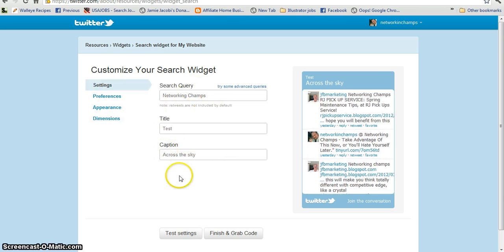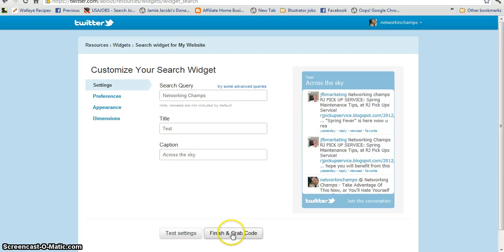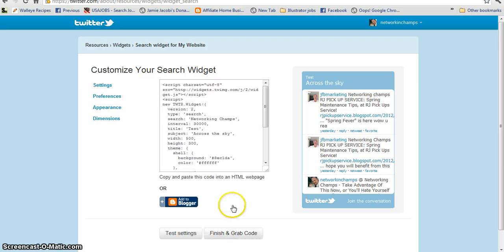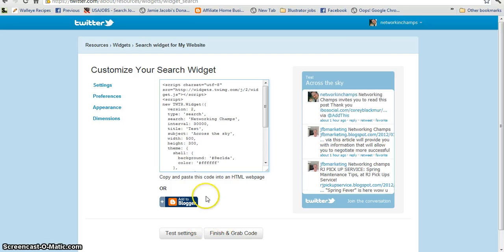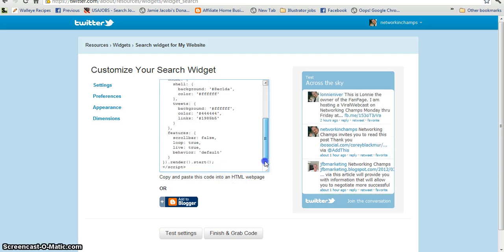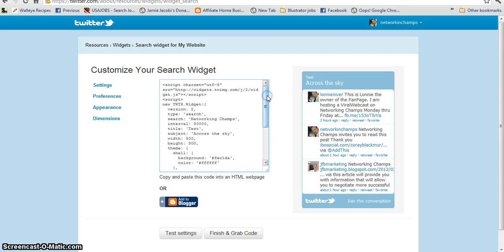But once you're done setting this all up, you're going to come down here and hit finish and grab code. As you notice, this is going to give you a code. If you have a Blogger account, you can just click on add to Blogger and it'll automatically add it to Blogger. Or if you have a specific place that you want to put it, or you want to add it to your website, or to a different type of blog, then